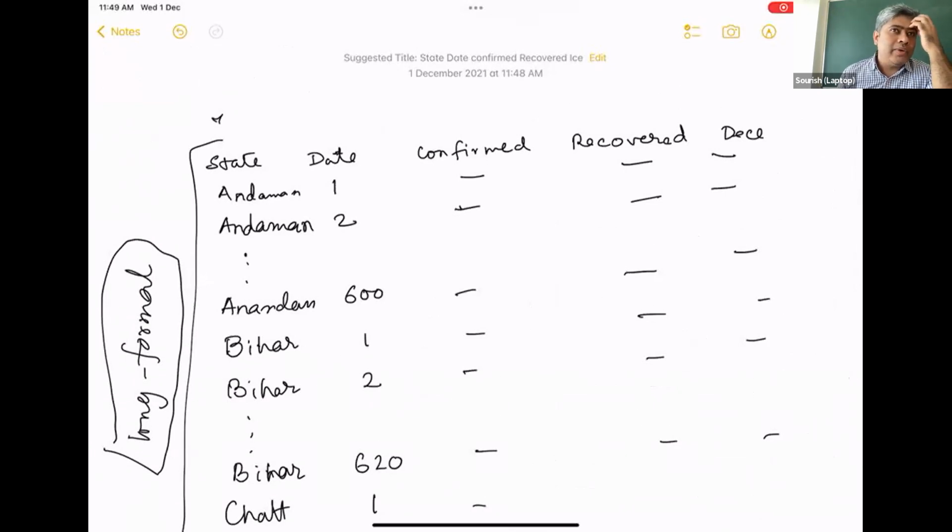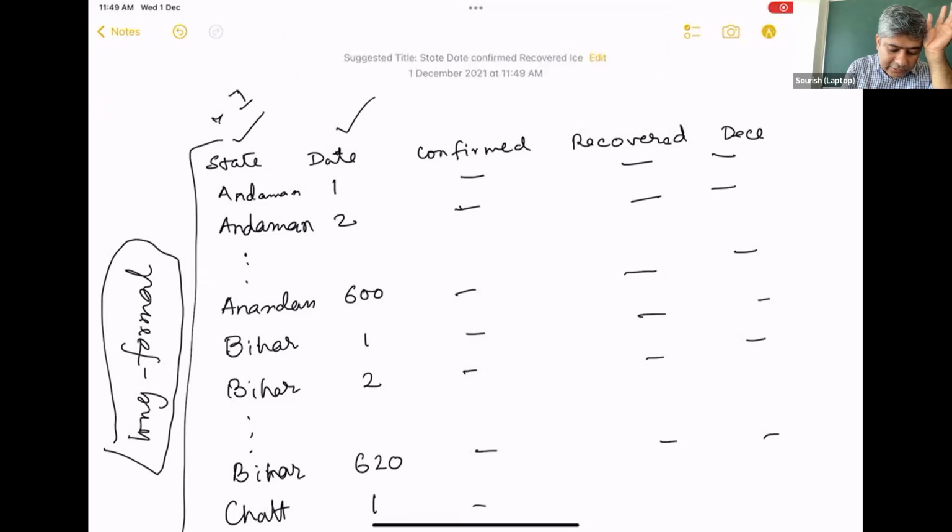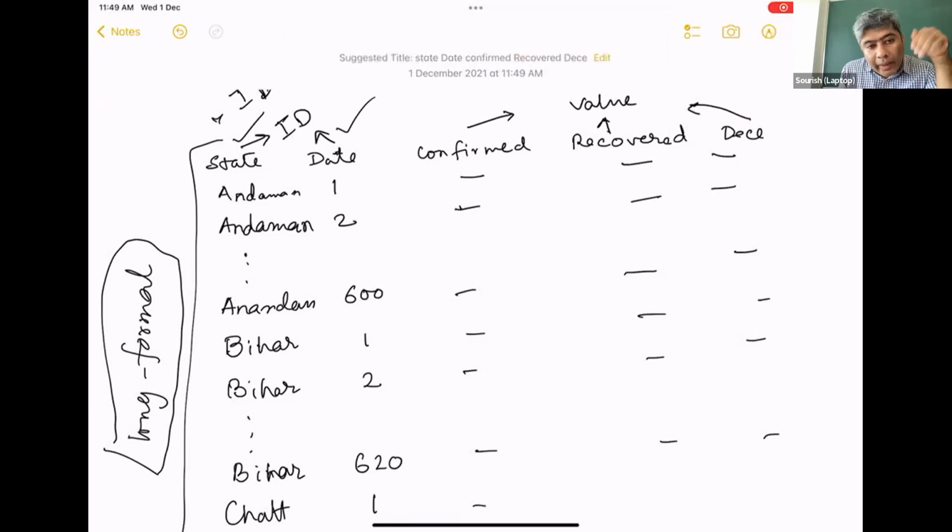And if you see, this is also somewhat, from your RDBMS point of view, you are now studying relational database management, right? That database management concept. State and date you can think of as an ID, and confirmed, recovered, and deceased are values, because these values change day by day.